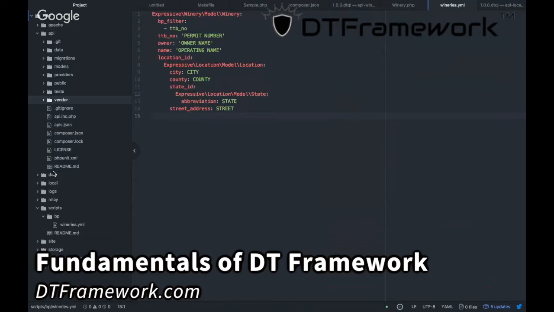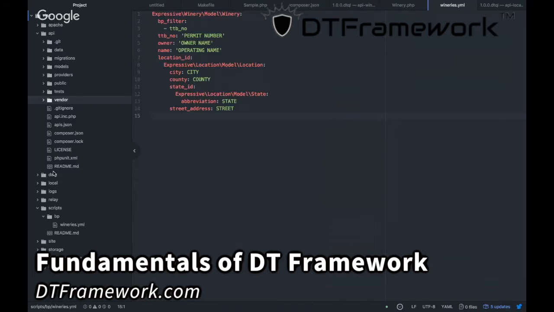We set up a DT REST provider, which uses a model for its backing and supports a standardized number of REST actions. So we can go through all the HTTP methods: get, post, put, patch, delete. If you don't provide an identifier, it will apply the collection method. So for get, that means pulling the list of all wineries, for example. If I specify an ID, if I put the number 1 in that request, it assumes that I don't want the list of all wineries. I want the data for winery